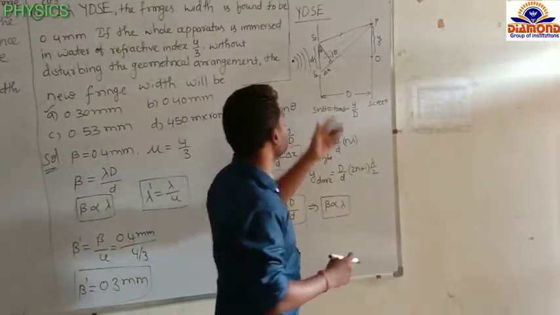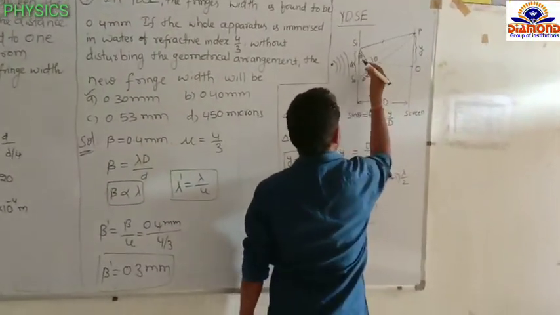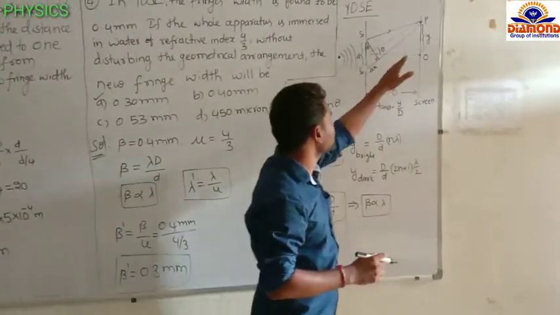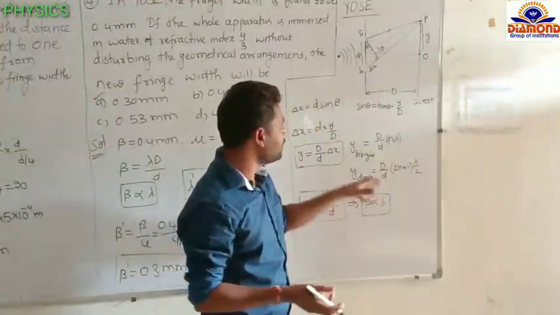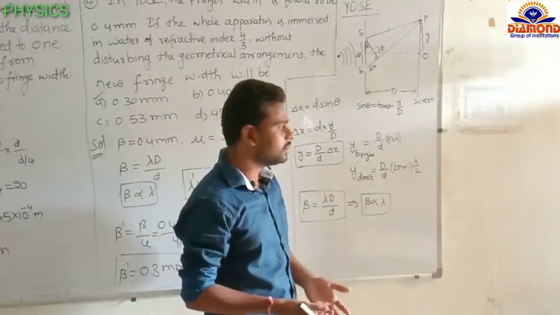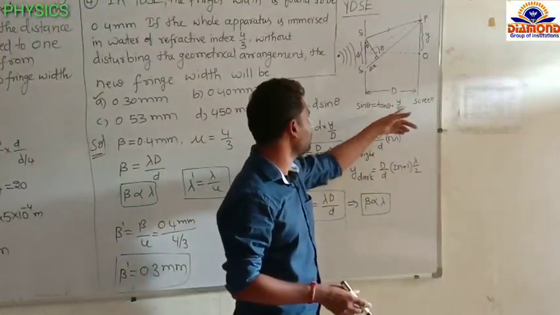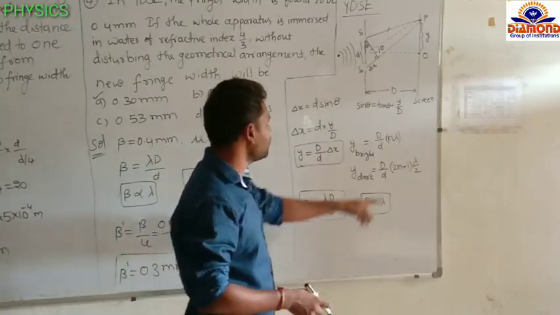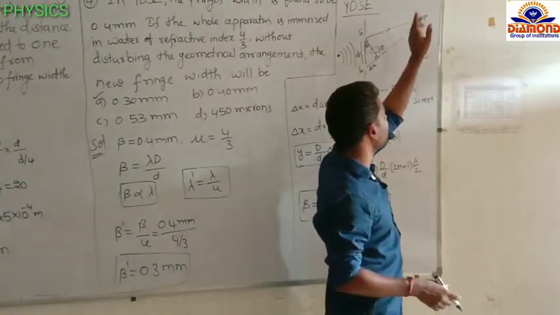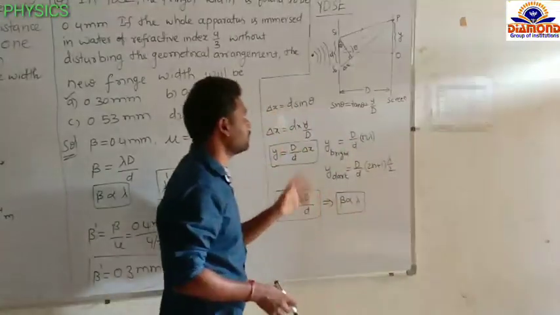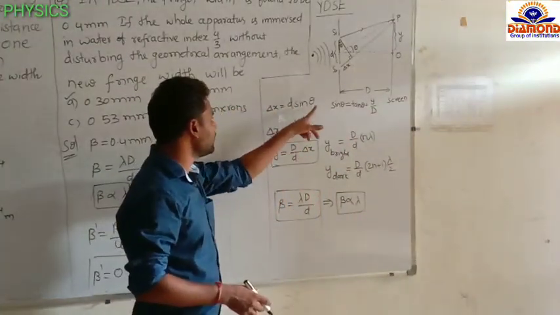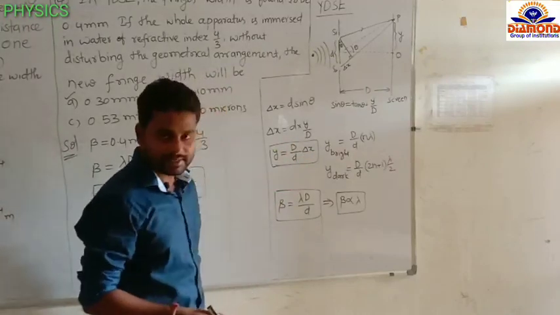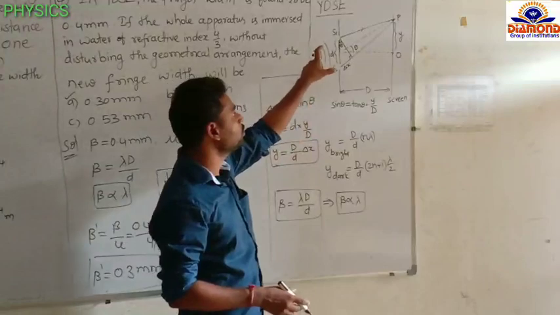Delta x. Already you know the formula of the path difference, delta s equal to d sin theta. From this figure, consider the point P and this triangle. From this we can write tan theta equal to y by D. For small angles, sin theta and tan theta are almost equal to theta only. That's why in place of sin theta we are writing y by D. Here, y is the position of the fringe, that is a bright fringe or dark fringe. Now by substituting the sin theta value y by D, I am getting y equal to capital D by small d into delta x. Delta x is nothing but the path difference between the two waves.